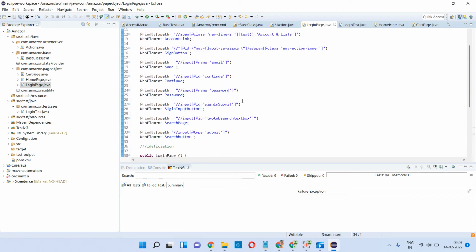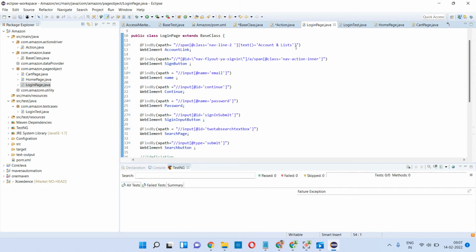So let's jump to the XPath. I have written an XPath for this page. I'm going to take all of this XPath.